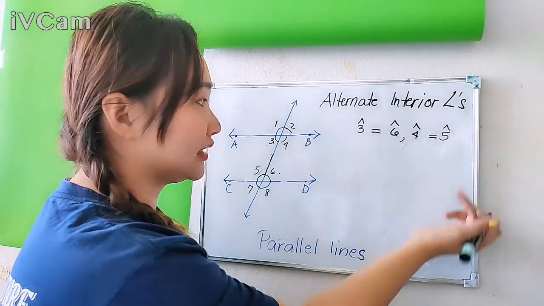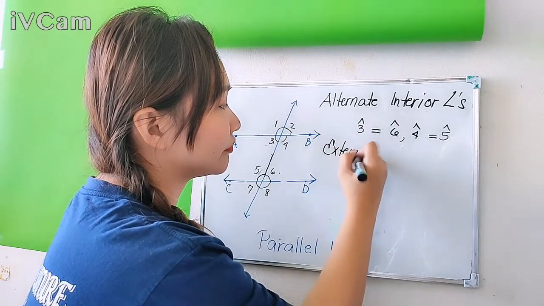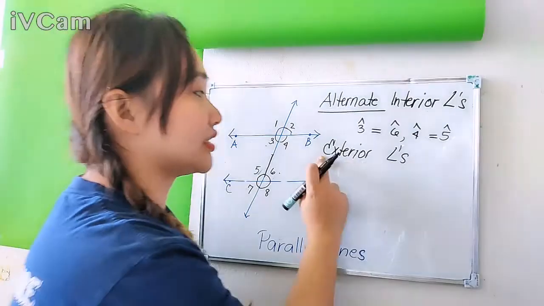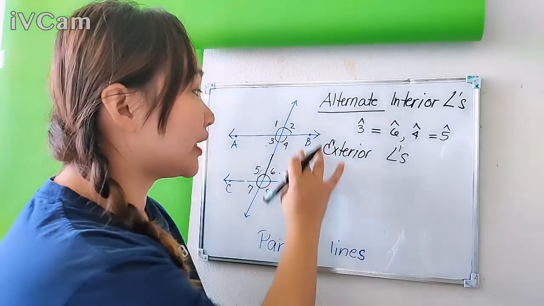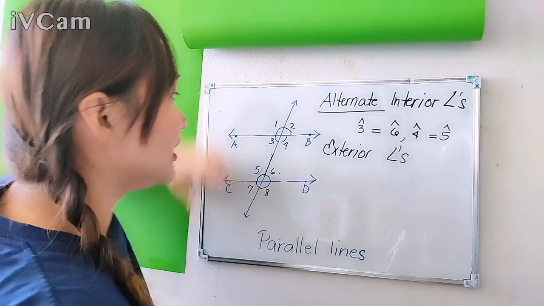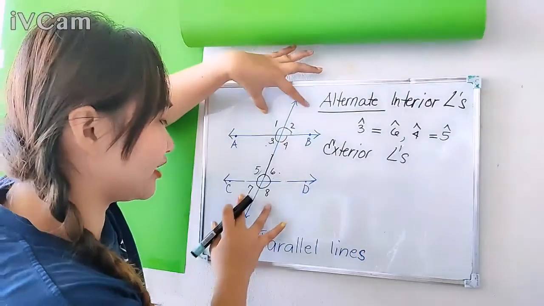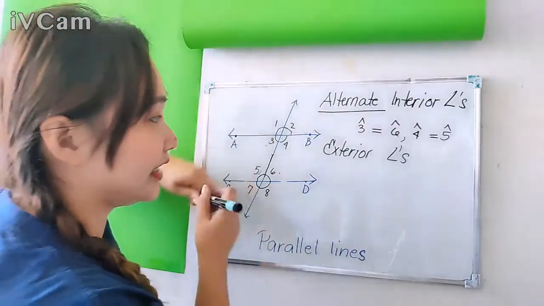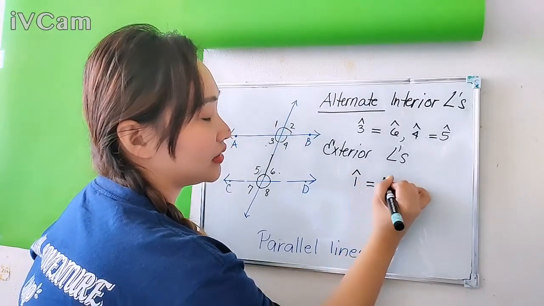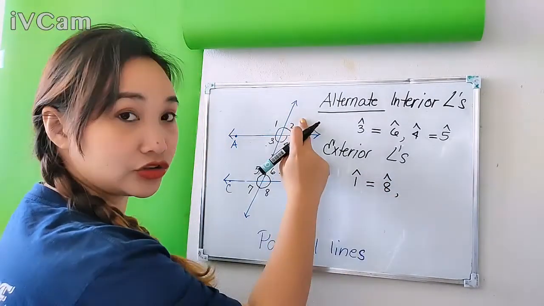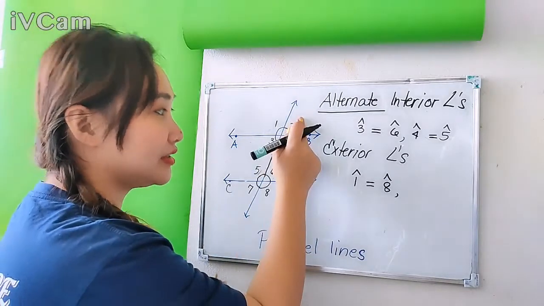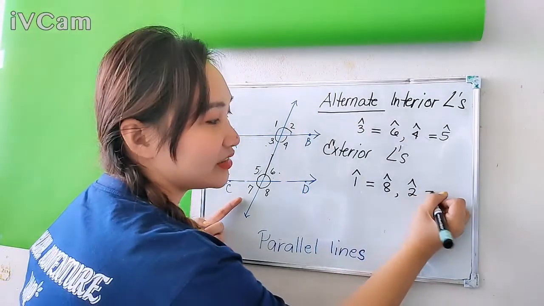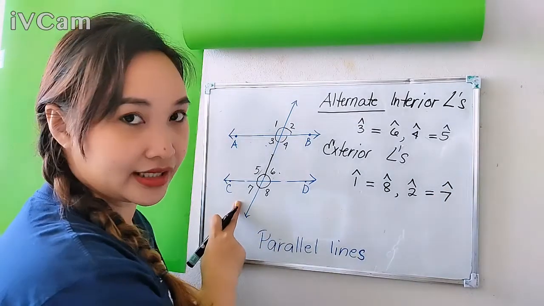Now, how about alternate exterior angles? Exterior angles, meaning outside our parallel lines. So what are those right here? Outside our parallel lines, we have angle 1 opposite to angle 8, so angle 1 is equal to angle 8. And we have angle 2 opposite to angle 7. So angle 2 is alternate exterior to angle 7, and alternate angles are equal, meaning to say, for example,